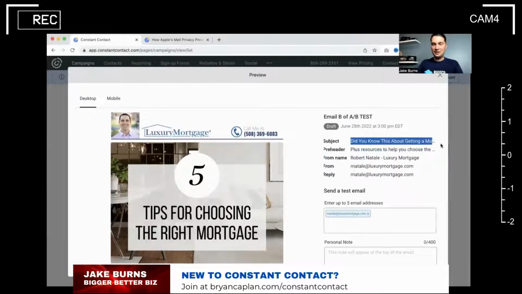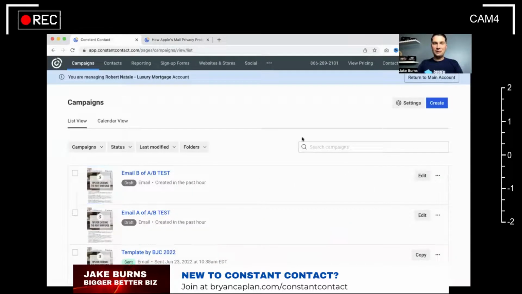And you just can't see it because it kind of cuts off there, but that's our subject line B. So awesome. We have 2 different subject lines. We can test them to ourselves, make sure all the links work and everything else. And then the next thing we're going to do after we have that set up is we're going to go